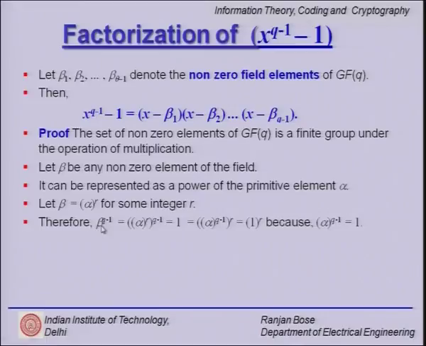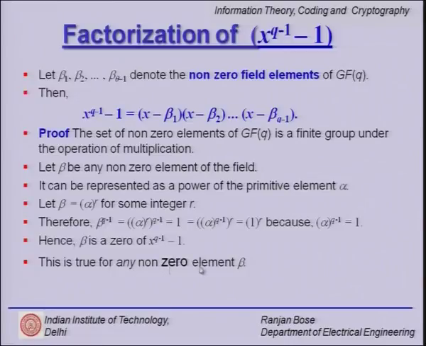So, beta raised to the q minus 1 you can write as alpha raised to r into q minus 1, and then you interchange these exponents, and alpha raised to the q minus 1, if you remember, will go back to unity. We saw that case repeat, and then 1 raised to the r is 1. Clearly, therefore, this is a factor, because I am talking about x raised to the q minus 1, minus 1. So, beta is a zero of x raised to the q minus 1, minus 1,